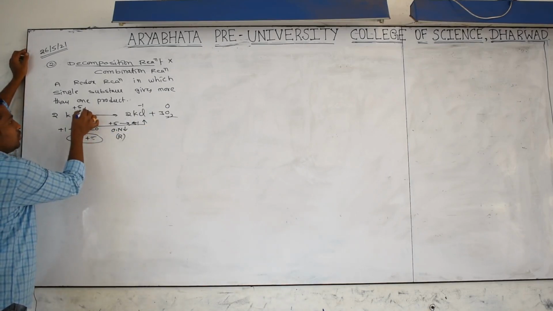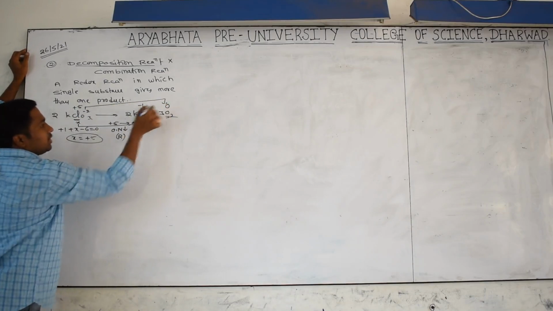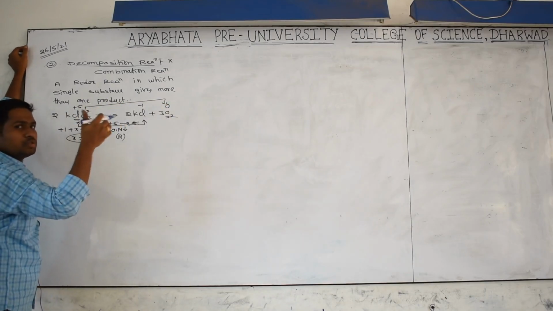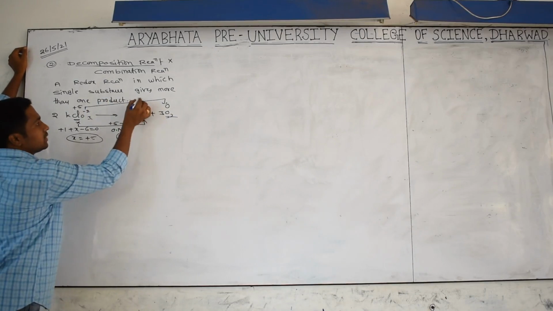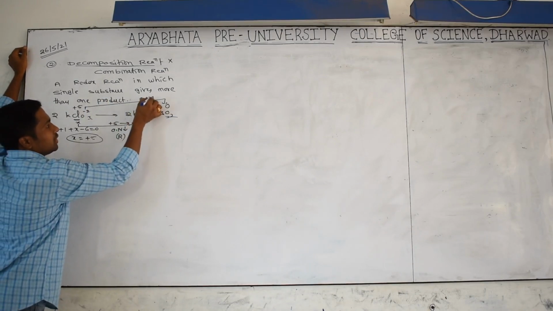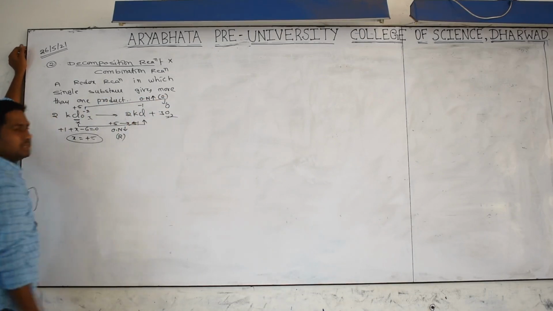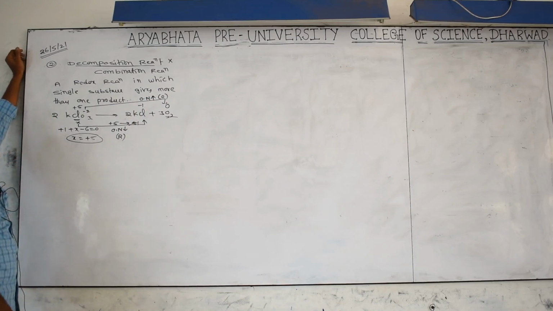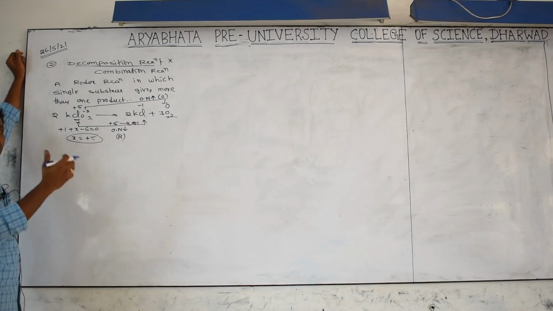Now comes to oxygen. What is happening here? -2 to 0 means the value is increasing. The oxidation number is increasing. That's called oxidation. Both reduction and oxidation are going on, but especially here a single component converts into more than one type of product, which is called a decomposition reaction.